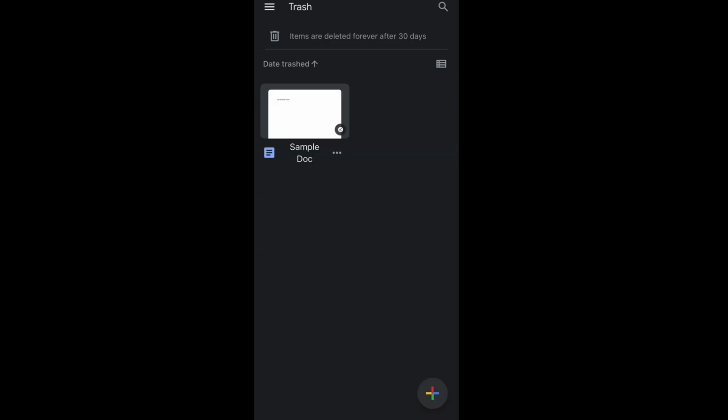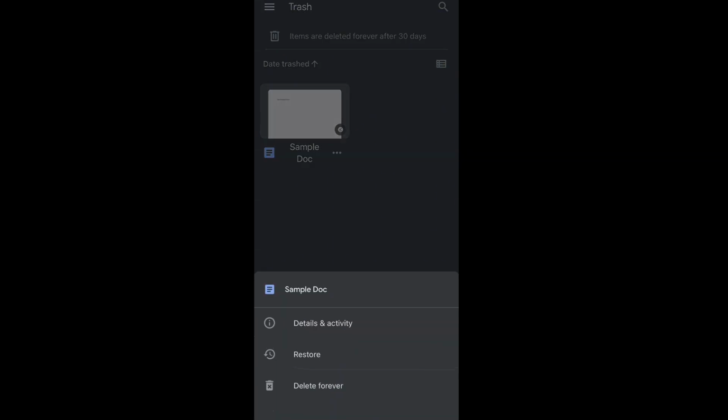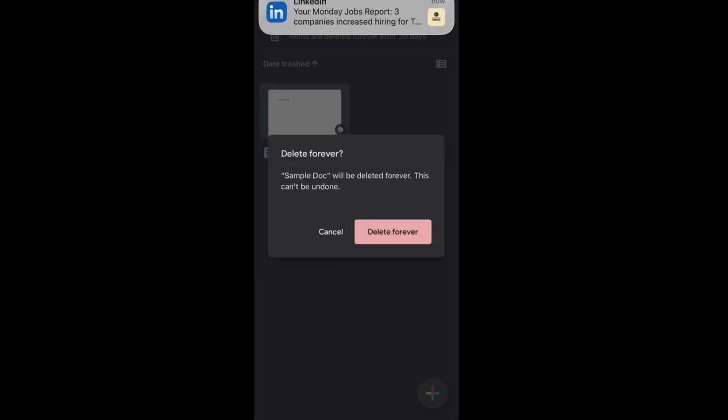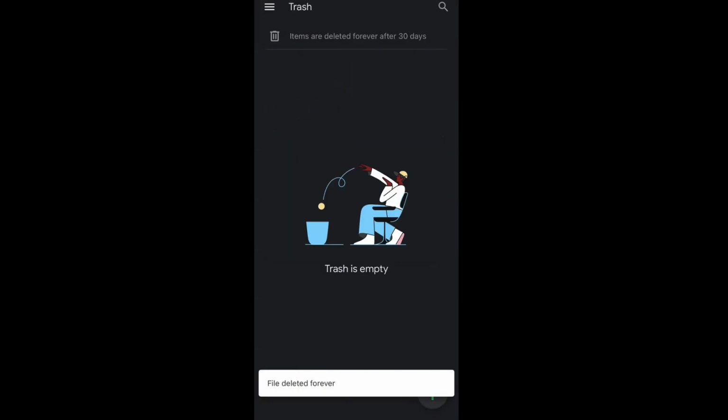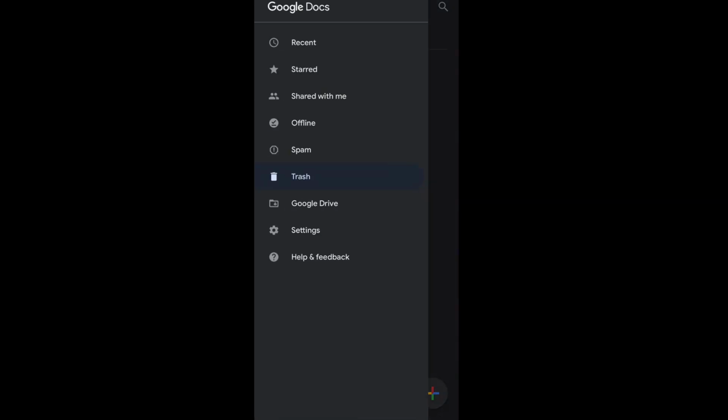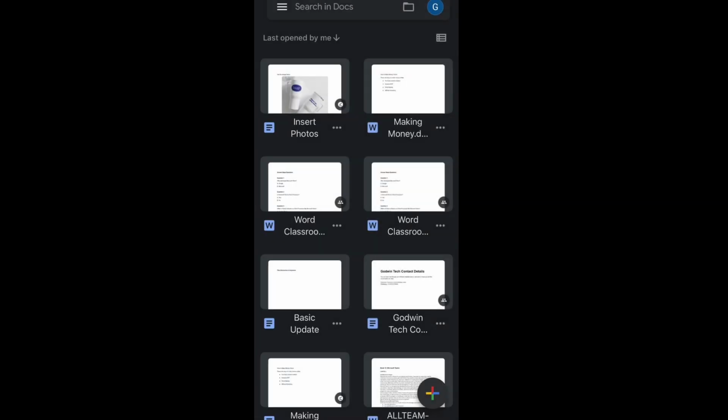Once you're taken to this trash, tap on the three dots at the bottom of that document. You will see some options, select delete forever. Then it says delete forever, tap on delete forever button. And this is gone forever. So if there is any document again you don't want to have, you can still follow this same step and